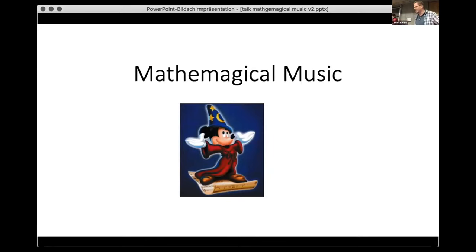So, dear colleagues, we're all very exhausted after a long day, and I promise I will not exhaust you more, but entertain a little. The task for me was to do something entertaining, which is from my business as a mathematician, as an education researcher, and as a magician, maybe. It's a mini talk with mini music and will not last too long. I'm very sure you don't know what I show because it's not yet very popular, but will be, of course.